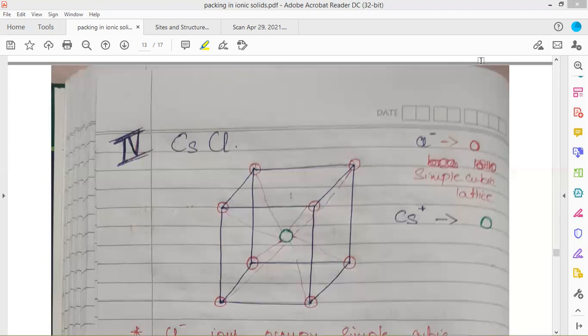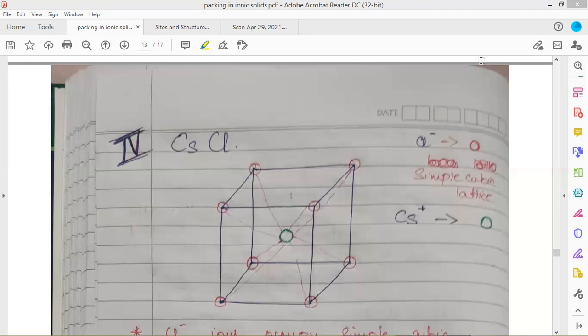In case of cesium chloride, chloride ions are going to occupy the cubic lattice. Here I am not saying the simple cubic lattice, because in a simple cubic lattice all the corners were occupied and the ions should touch each other along the edge. But here this is not the case. The atoms are not actually touching each other. They are just occupying the corners and the body center. So this is a kind of body centered cubic structure where the body centered position is occupied by the oppositely charged ions. Chloride ions are present at the corners and the cesium ion is present at the body center.